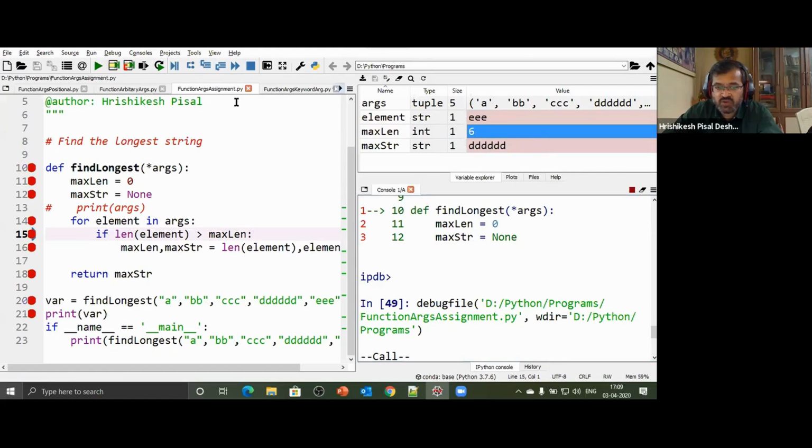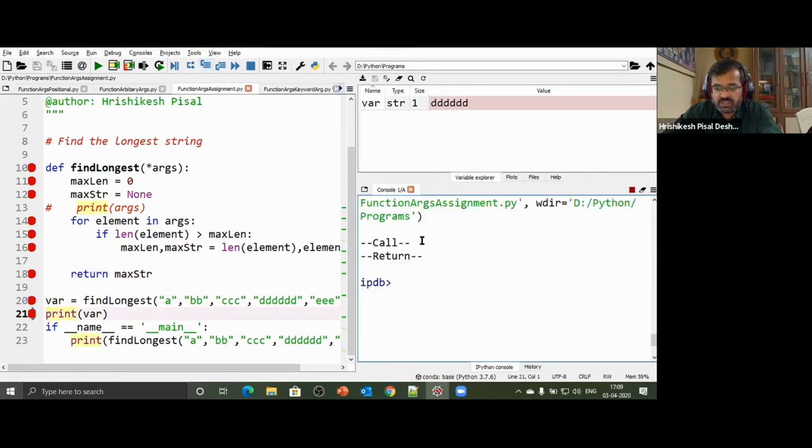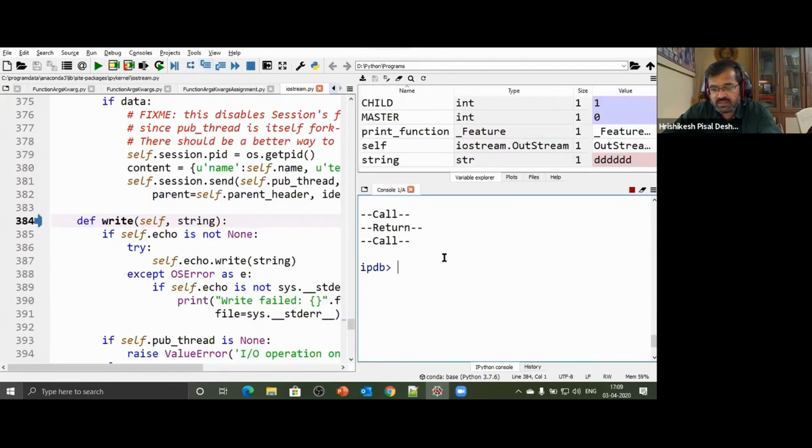5 है क्या, कंडीशन फॉल्स है तो बॉडी में नहीं जाएंगे, we come out of element in args, खत्म हो गए सारे एलिमेंट्स, हमने ट्रैवर्स कर लिए 5 के 5, अब रिटर्न कर रहे हैं, मैक्स स्ट्रिंग में क्या है तो D, so that is being returned, ये रिटर्न कर दिया, फंक्शन कॉल हो गया, रिटर्न होके हमने इसे प्रिंट किया, so that's what we can do with max. Okay, और मैं फंक्शन प्रिंट के अंदर चला गया, इसके अंदर नहीं जाना चाहिए था, but anyway